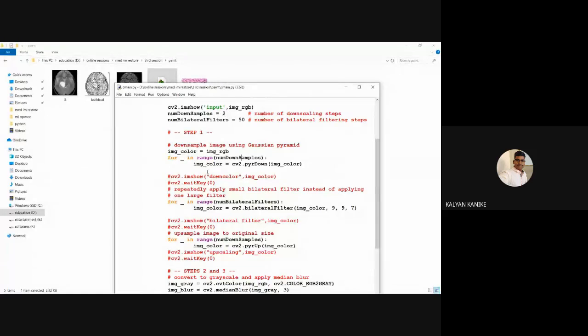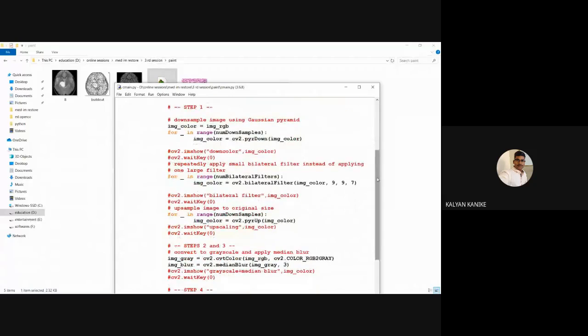We use one keyword to apply this, that is cv2.pyrDown, which means pyramid down. The concept is that this information is added to our color image in a pyramid format, which gives a Gaussian effect. Gaussian means some blurriness.